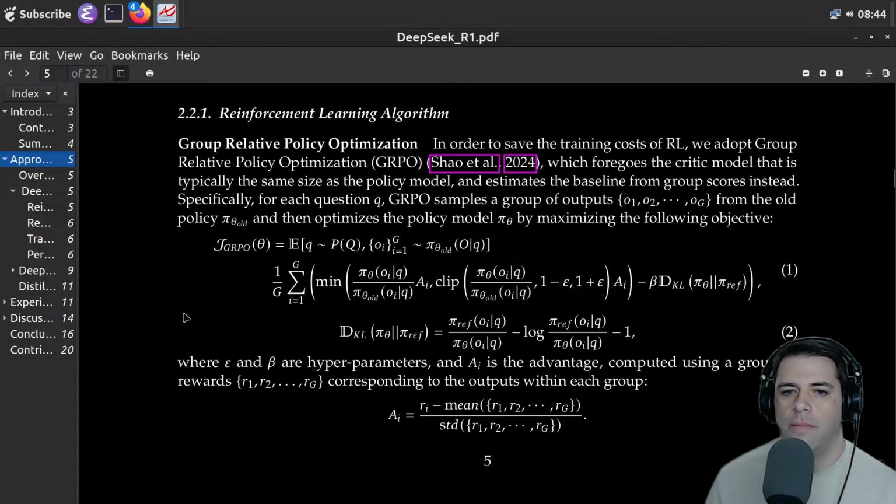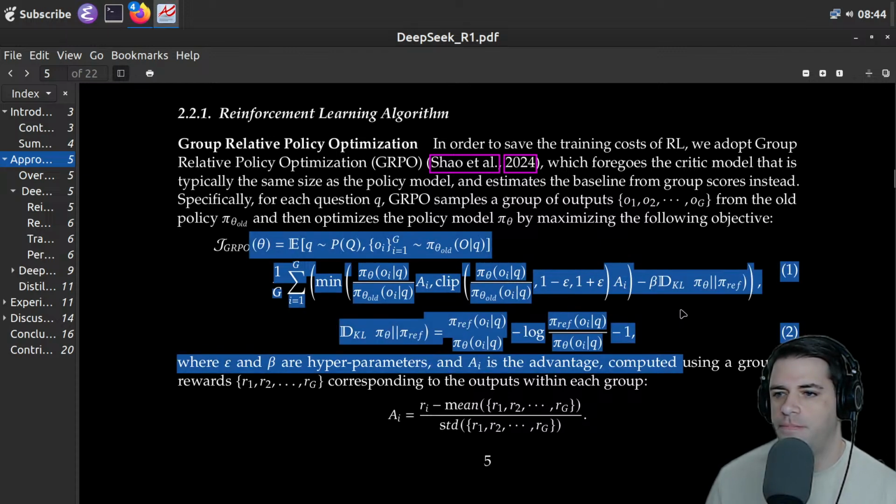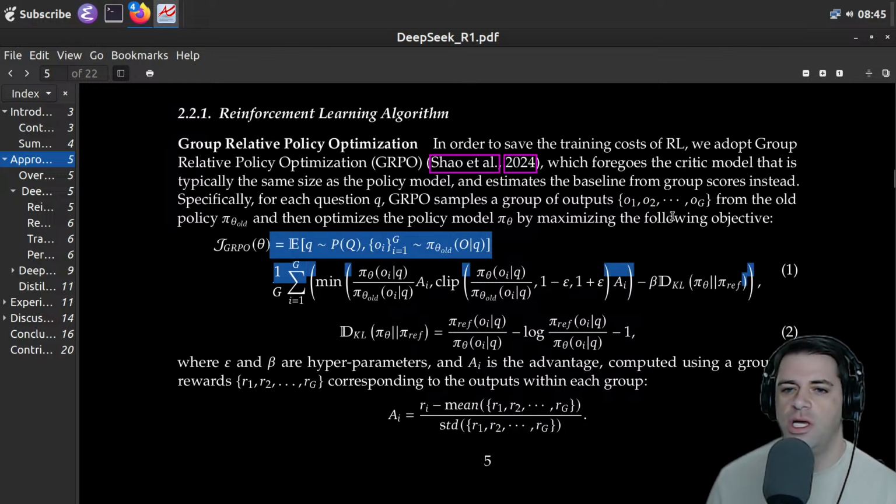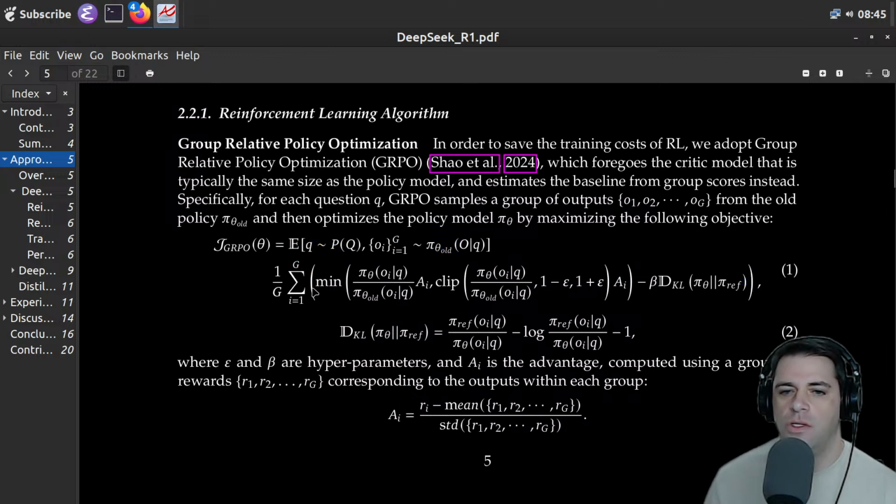I don't know. And then we've got this thing, where we're going to divide by G, presumably to scale or normalize, and sum over the G outputs of a thing. And that thing is, we're going to take the minimum of some stuff, and we're going to subtract off the Kullback-Leibler divergence of pi theta from pi ref. I'm not really sure what pi ref is, but this seems to be just the definition of the divergence,